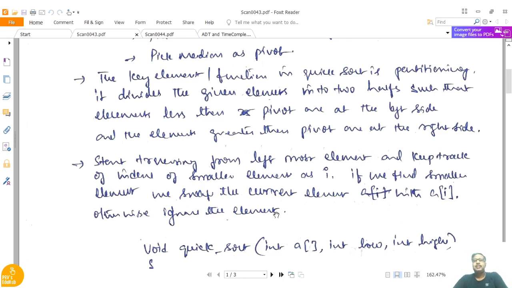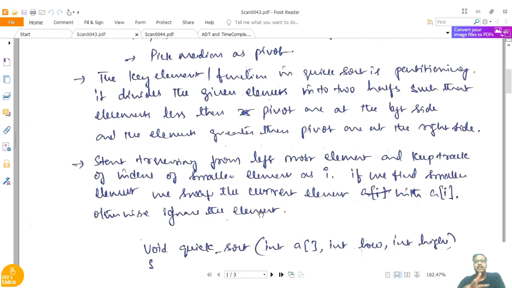That means whenever you are traversing the list, first you compare the first element with the pivot, and you find whether it is less than the pivot or greater than the pivot. If it is less than the pivot, you keep it like that only. If it is greater than the pivot, you just swap it. So the swapping function you might have done: int temp is equal to A, A is equal to B, and B is equal to temp. The swapping will take place there.